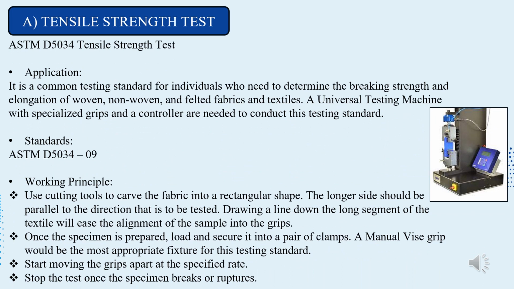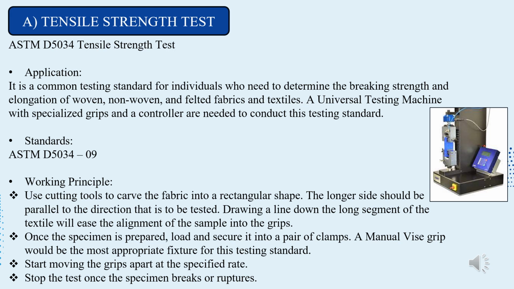Tensile strength test. The application: it is a common testing standard for individuals who need to determine the breaking strength and elongation of woven, non-woven, and felted fabrics and textiles. A universal testing machine with specialized grips and a controller is needed to conduct this testing standard. Standards, ASTM D5034/09. The working principle of tensile strength tests are: first, use cutting tools to carve the fabric into a rectangular